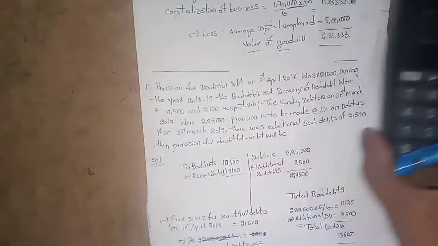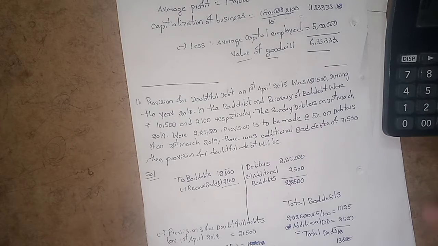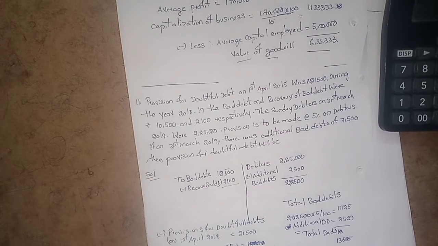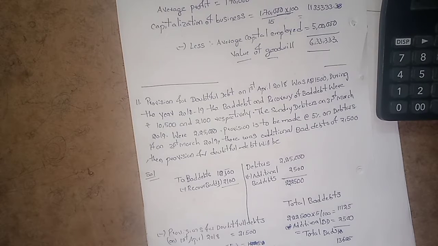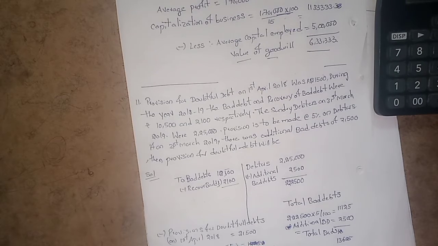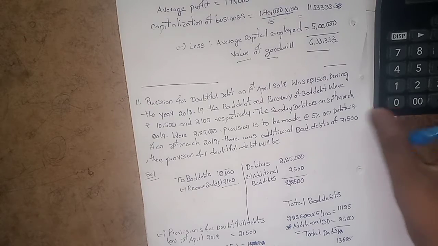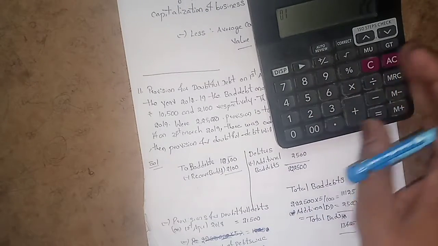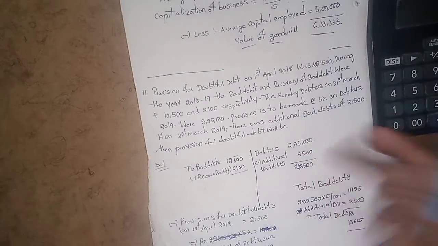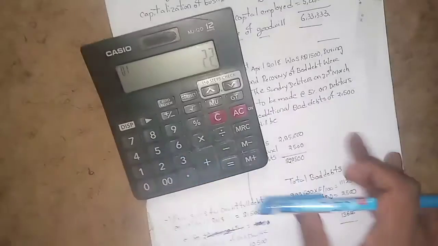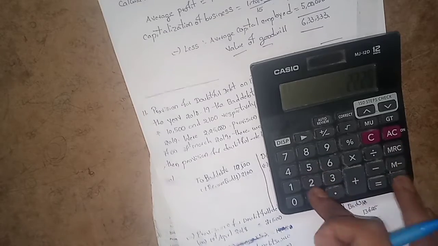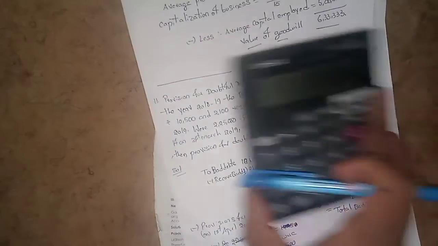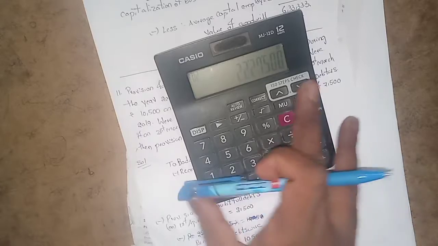That is the actual provision. Now we have additional bad debts, so we add 2,25,000 plus 2,500, that is equal to,